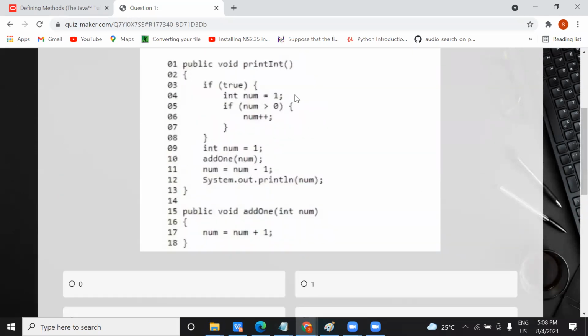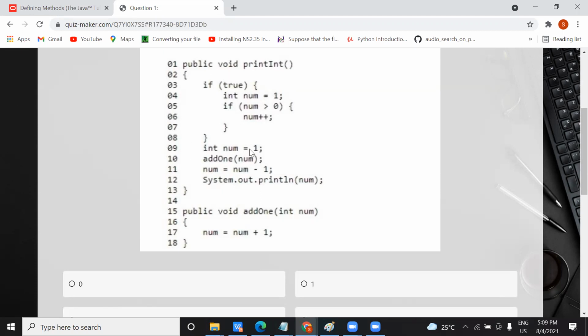Here there is one function and this is one condition. If it is equal to true, it means this condition will always be true. Now it is checking if num is equal to 1. If my num value is equal to 1, then I check whether 1 is greater than 0, the condition is true, and I increment num by 2. Now what is the num value? 2. Now this condition is over.